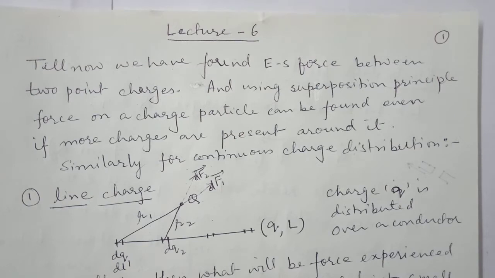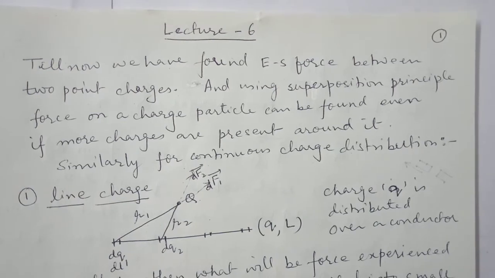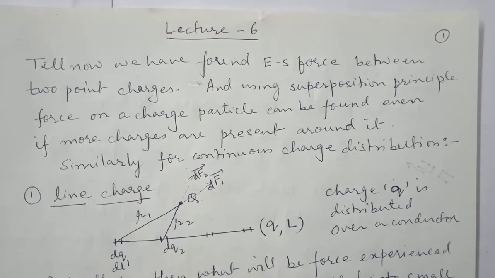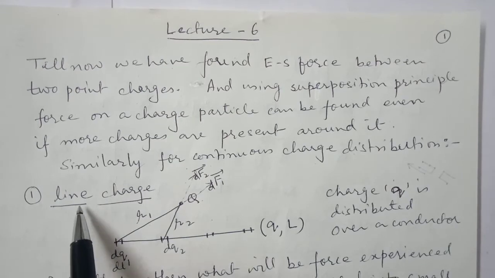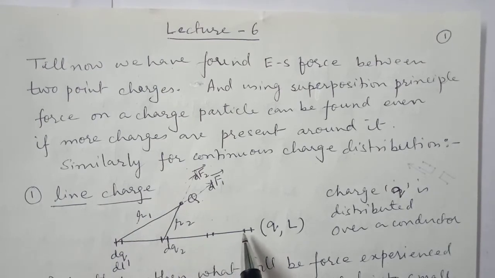Now, in place of having discrete point charges, if there is continuous charge, we can have three different situations of continuous charge. Number one is line charge. Line charge means the charge is distributed over the whole line. Let's consider this as a conductor carrying charge Q having length L. The charge will get uniformly distributed throughout the length,